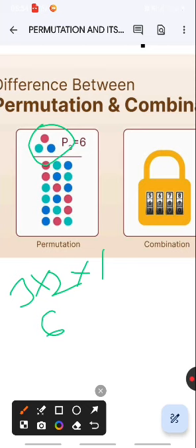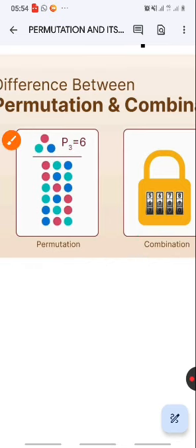Now let's see what is really happening here. Then we compare that with the combination over here. Let's see what is happening here. What is happening here is that the first scenario,